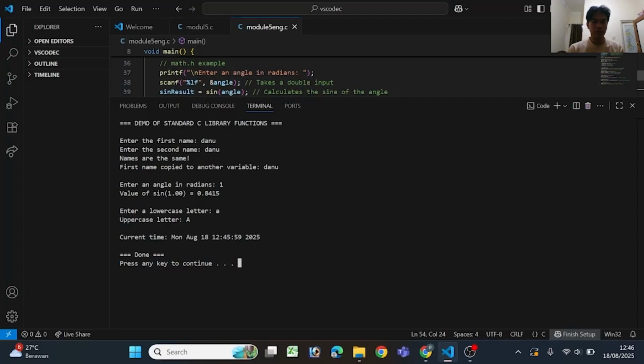We can choose enter. And system CLS, this function is to clean the terminal of the program. We are running and displaying the current program without any traces.